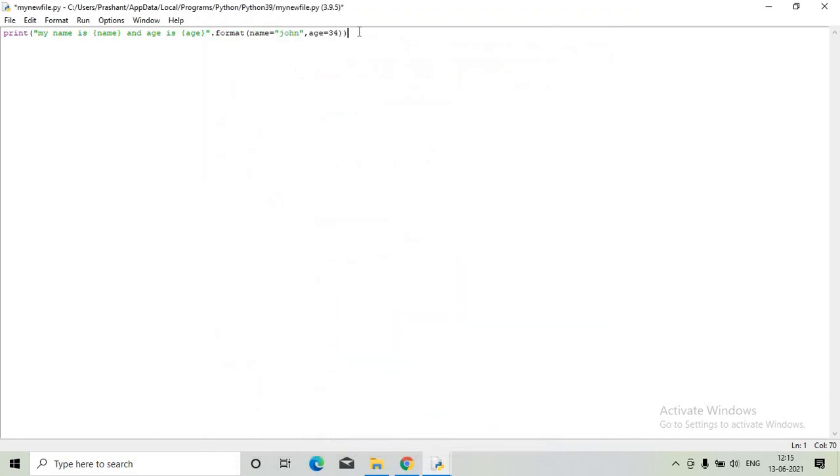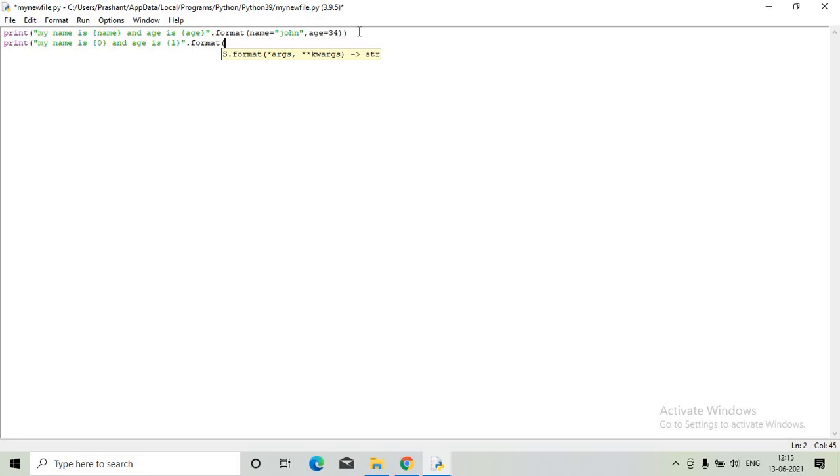The second thing we have is, instead of using name and age, numbering is also allowed. So I will have some numbers over here, then dot format.